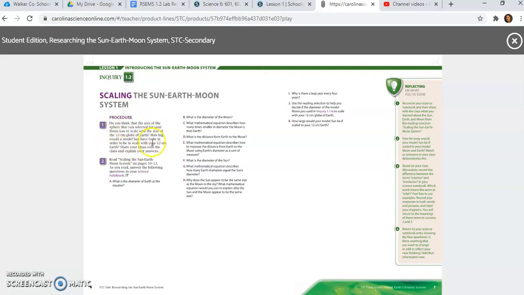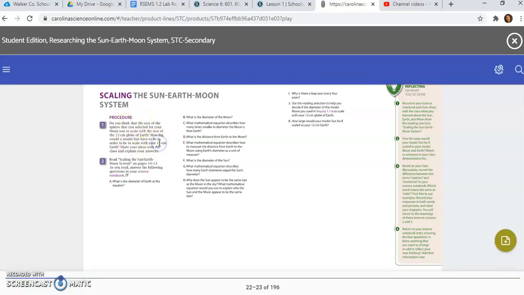And then we're going to make a guess about how big we would think the model Sun would have to be in order to be in scale with our 12 centimeter Earth. But those of you who are doing this virtually, again, use some sphere that you can relate to, like a basketball, a ping pong ball, a marble,